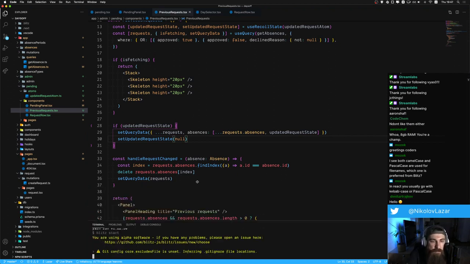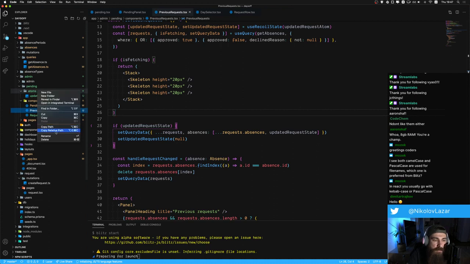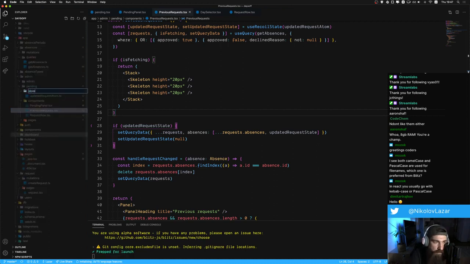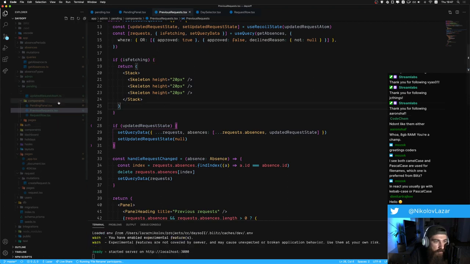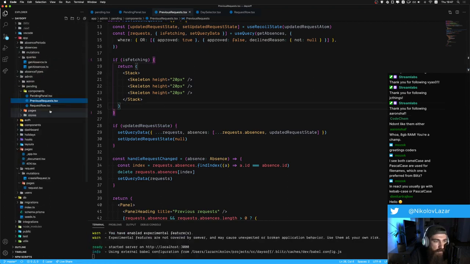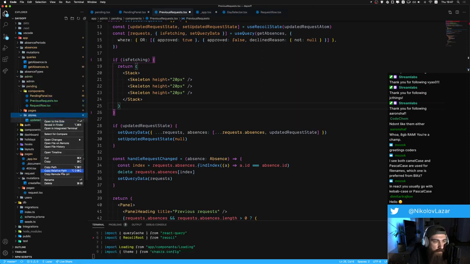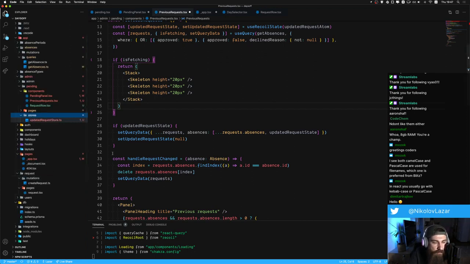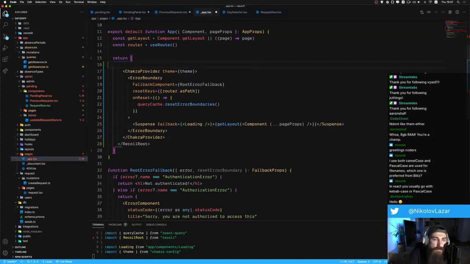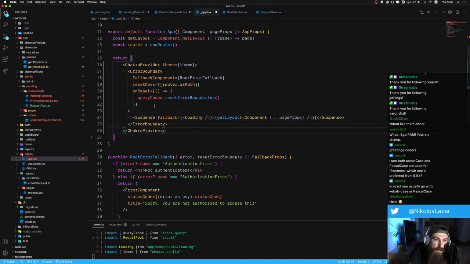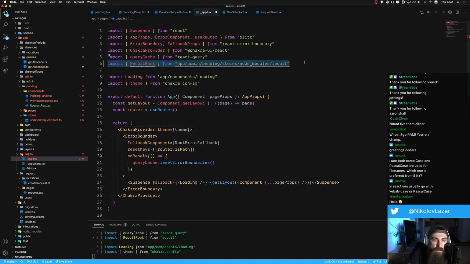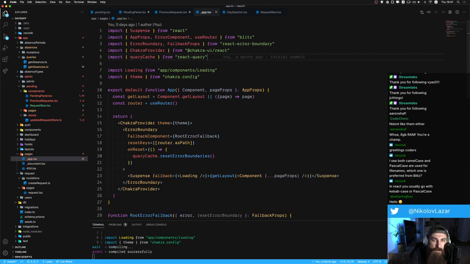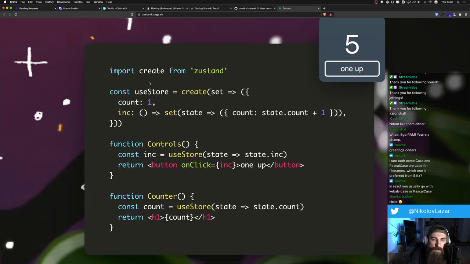Alright, so let's crank up the machine. Let's go back to the atoms. Just rename this, I don't know, stores. I guess that makes sense. Updated requests store. Now this store can be even wider because we're not working with minimal stuff like atoms anymore. This store can actually be all of the